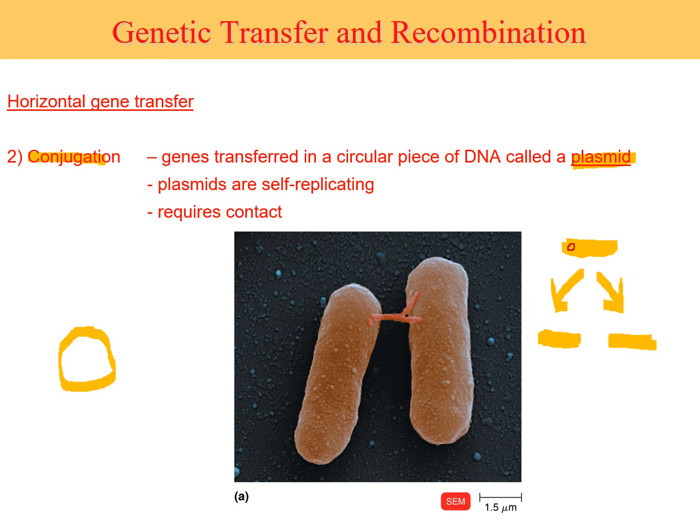It gets transferred through the generations because the plasmid is self-replicating. So it's in the population and it stays in the population as the population of bacteria grows. However, that would be an example of a vertical